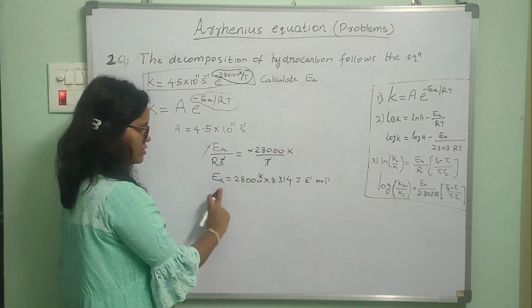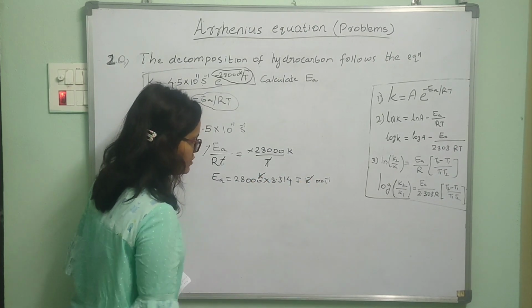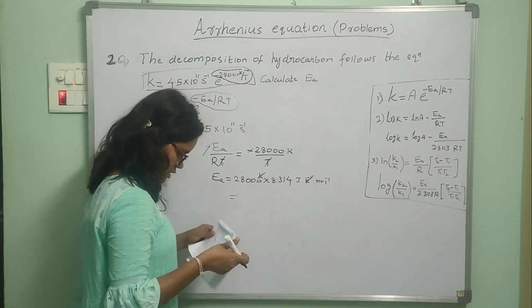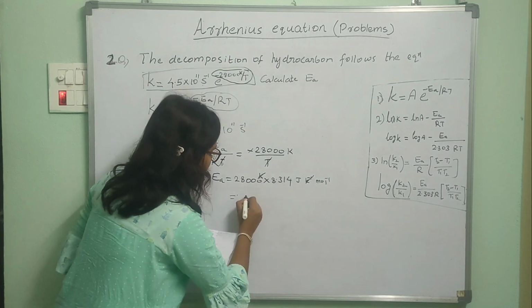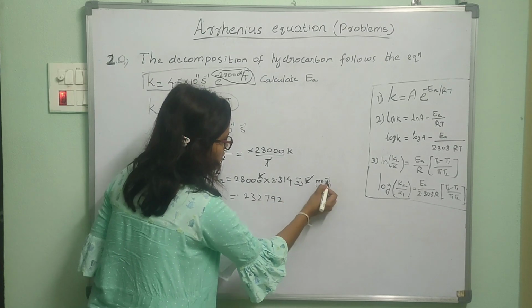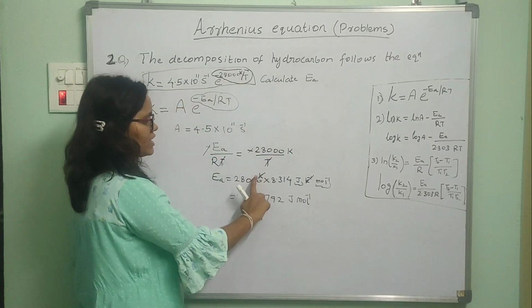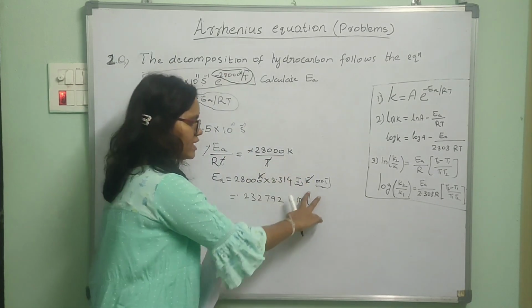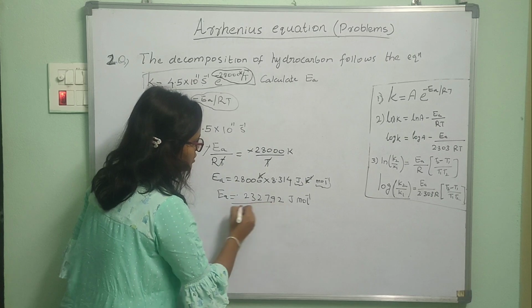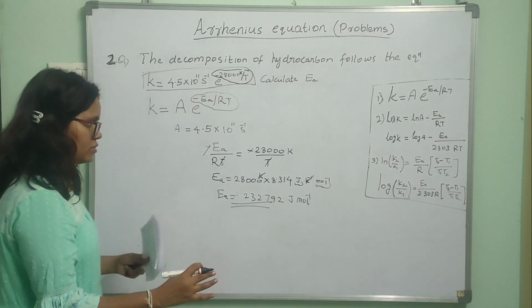So when I take R this side, it becomes 28,000 into this much. So here I can cancel this K inverse, and what you are left with is 28,000 into 8.314, which comes out to be, I have solved for this, 232,792, and you are left with these units, joule mole inverse. So this is the unit of energy. So they had given this K so that we can cancel Kelvin inverse and Kelvin, and so that we can get the right values of activation energy. So always when you solve problems, try to solve the units also. Then you can figure out whether your approach is right or not. Okay.